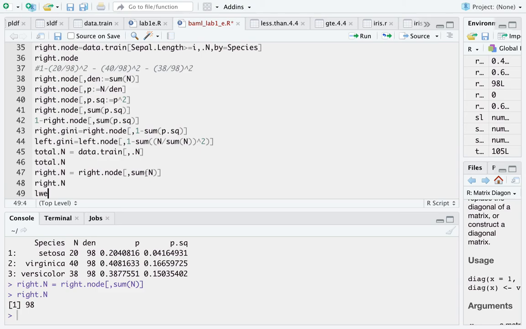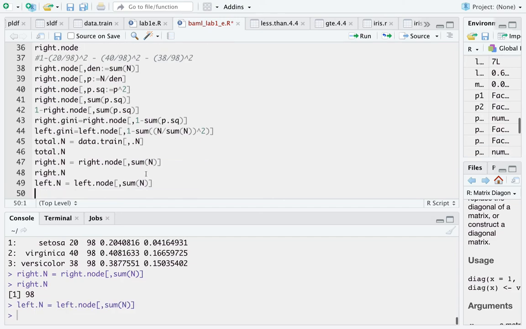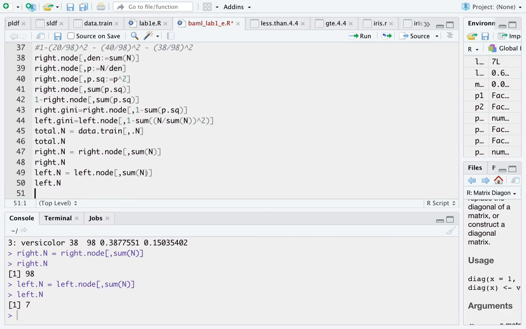And my left one is left.node sum n. Seven values, excellent. All right, now we are ready to calculate our Genie score, our weighted average Genie score, which